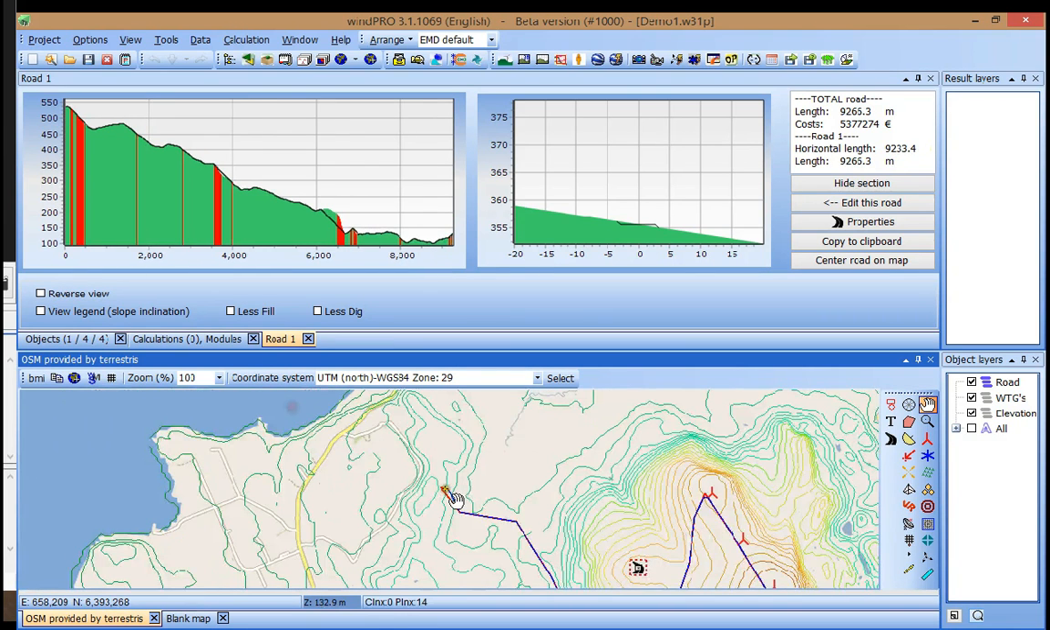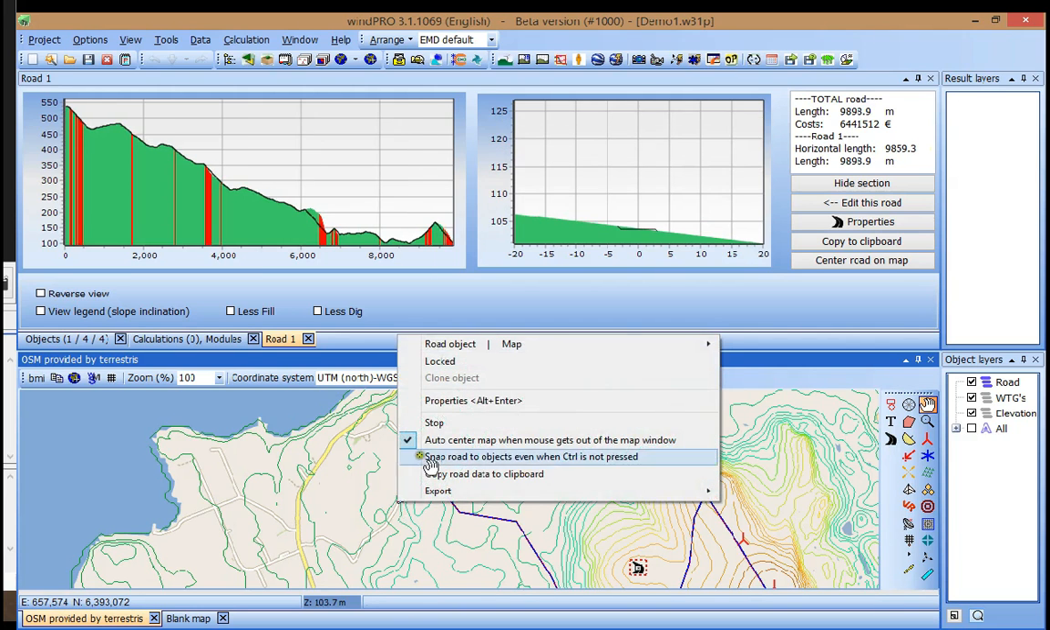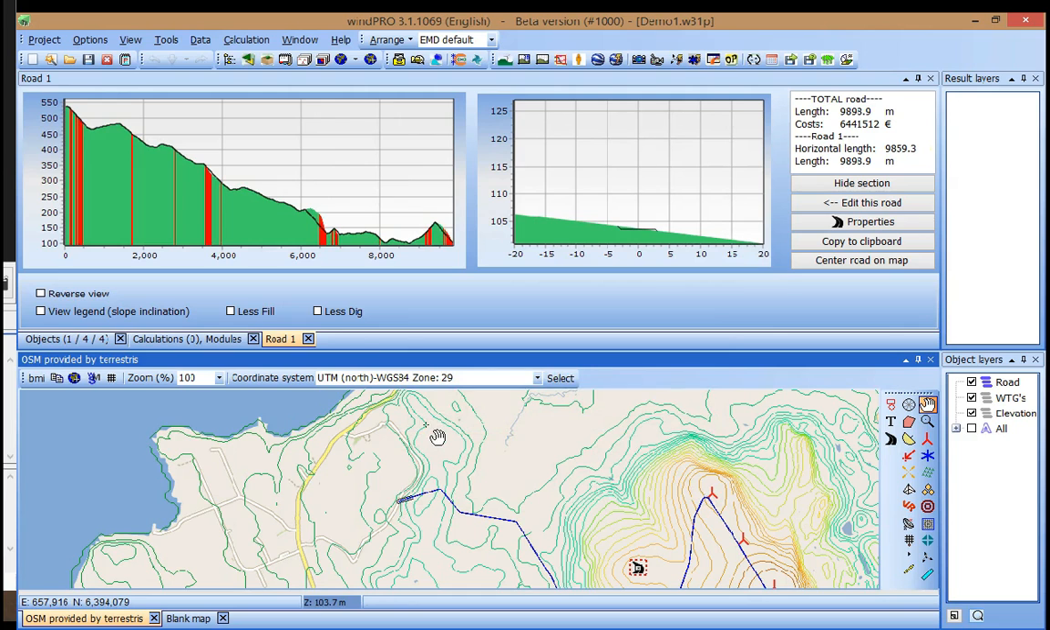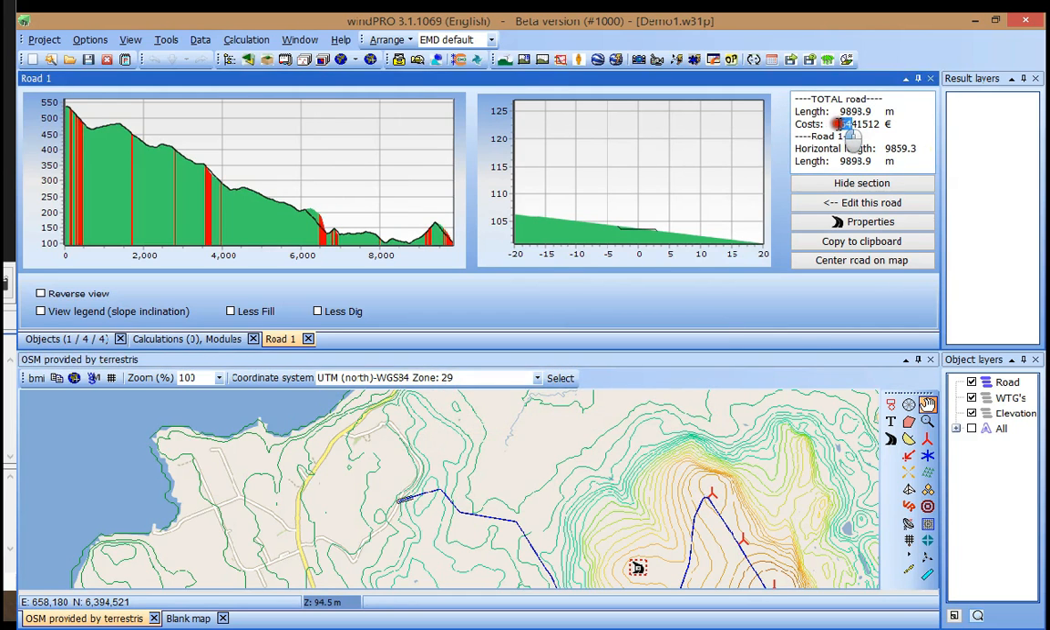So now I'm just going to say, oh, did I manage to get a node? Delete it with the backspace, and I'm going to again add this one and add a point there. Right click and say stop. So as you can see up here, it is not exactly the cheapest road in the world,